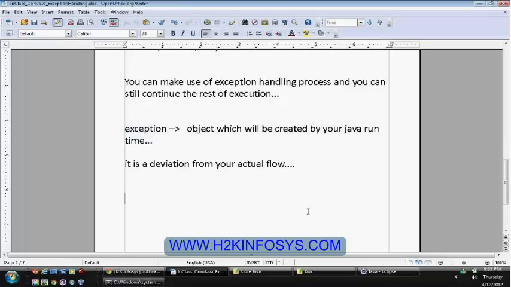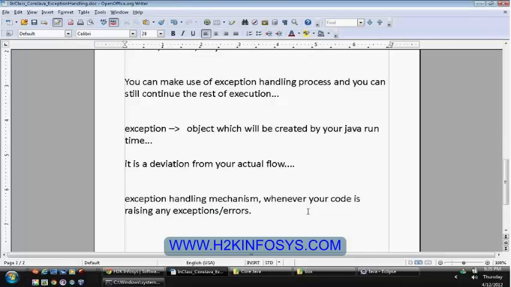So Java has provided an exception handling mechanism for whenever your code is raising any exceptions or errors.